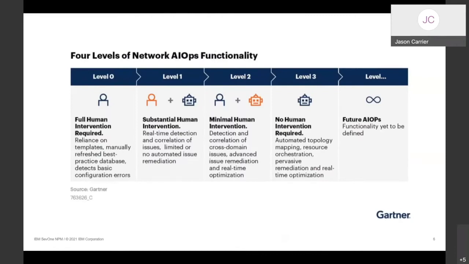This is another Gartner perspective. This one is talking more specifically about what AIOps functionality would look like at the network level, so a domain specific use case. You can see it starts on the left with level 0, where human intervention is still required to perform a task, and works into level 1, where most of the work is done by the human, but the AI is helping a little bit. At level 2, there's a little bit of human interaction, and the AI is doing most of the work. At level 3, the AI is doing all of the work, and beyond that, considering we haven't gotten to level 3 yet, we don't know, right? But these are two different perspectives that capture what AIOps is.